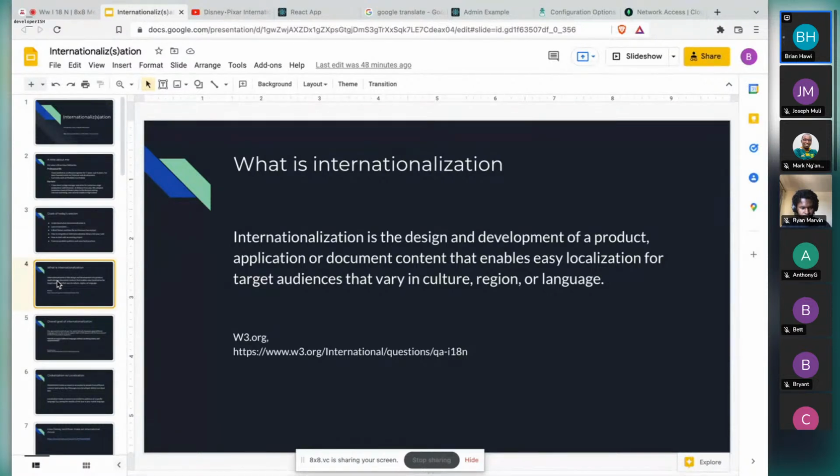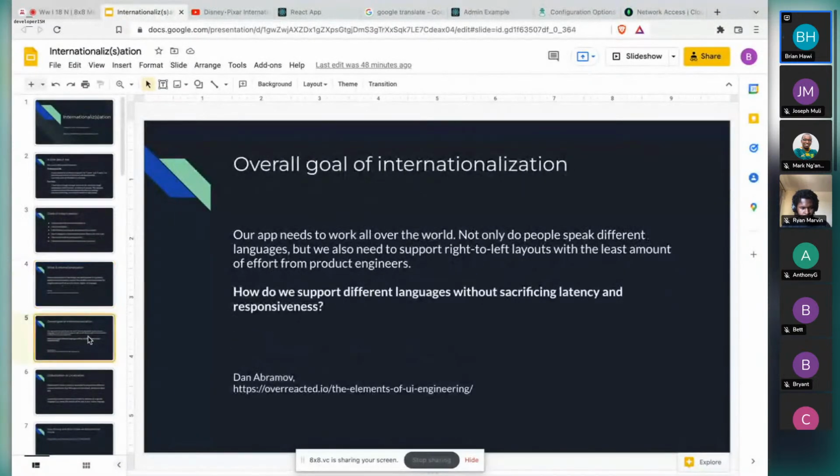So all that is just a form of internationalization. And as we go along, at least the overall goal for that, at least I found Dan Abramov's description of it probably quite clear and precise. It's just if you're moving to a space where you want your app to be used in multiple countries, multiple places all over the world, you want a case where